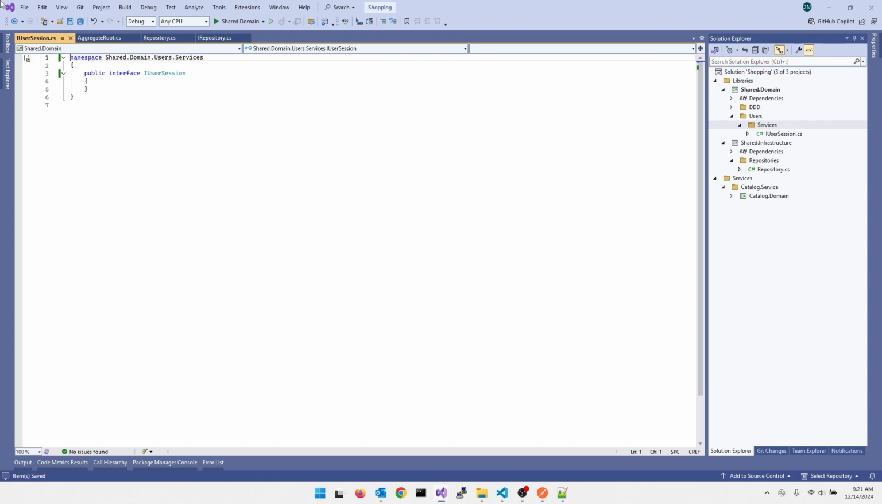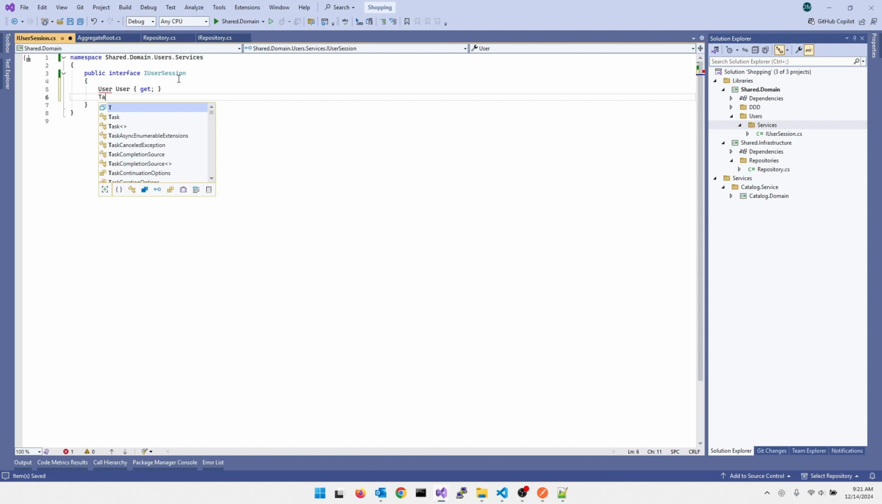Alrighty. So we're going to have an IUserSession, and what we want to be able to do is have a property that has a user on it. So we've got to go build that in a second. But we're going to have a property on it that's going to be accessible, that's going to tell us the user. And then we're going to need a couple different methods that are going to be used a bit later on, and we'll see how,